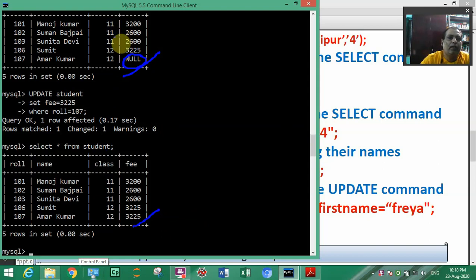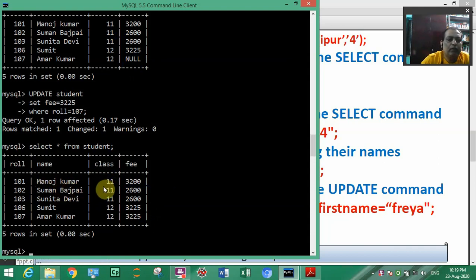Like you can see here, this Manoj Kumar's class 11 is wrongly entered. It should be class 12 because he has a fee of 3200. So how do we change this for roll number 101, Manoj Kumar?